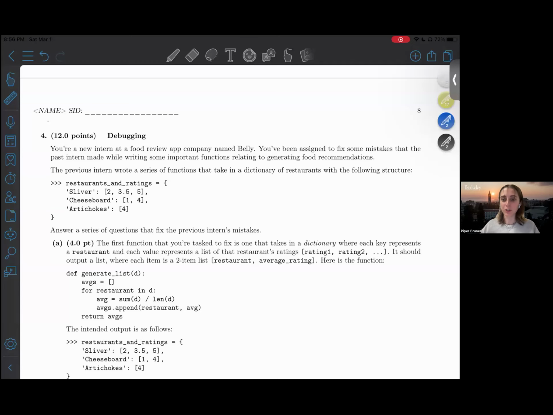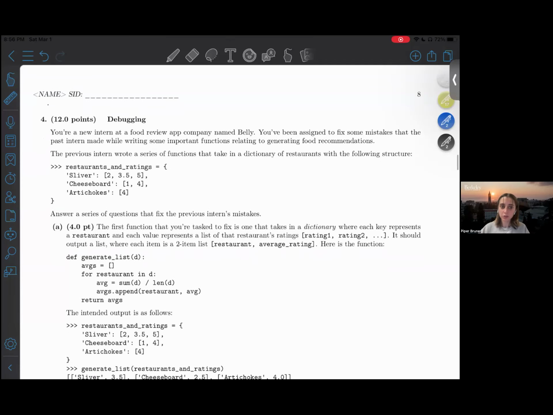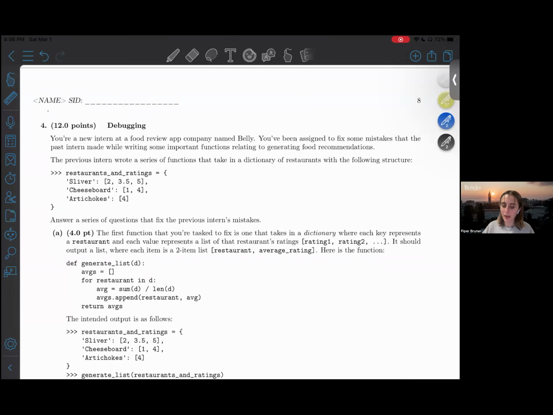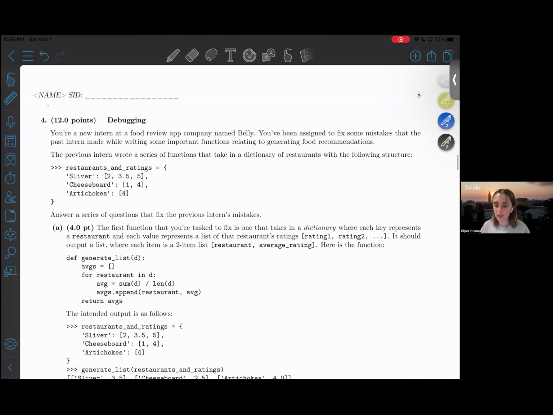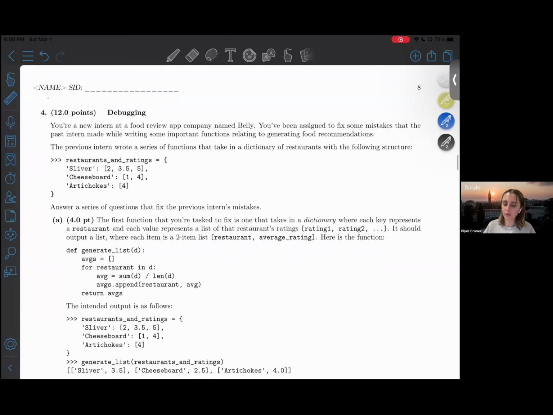Hello, I'm going to go over question 4, debugging. So here we have a situation where you're a new intern at a food review app company named Belly. You've been assigned to fix some mistakes that the past intern made while writing some important functions related to generating